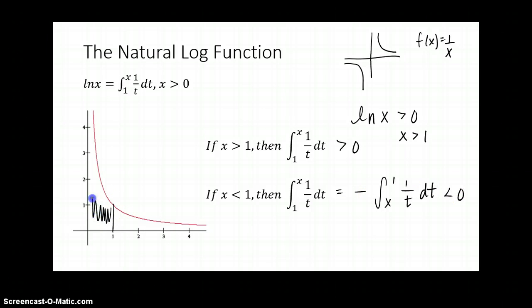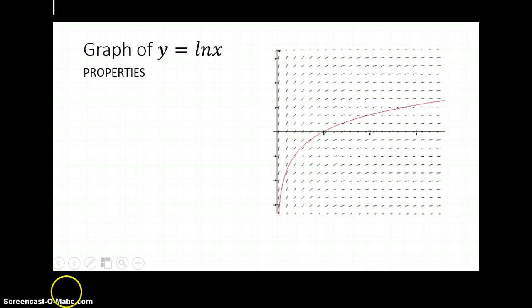Okay, so this is where x would be less than 1. But by the initial property, it has to be bigger than 0. So if we were using our calculator, the natural log will be a negative number for any value of x between 0 and 1. Okay, so this is the graph of the natural log of x. Okay, so again, natural log of x is defined as the area under the curve 1 over t from 1